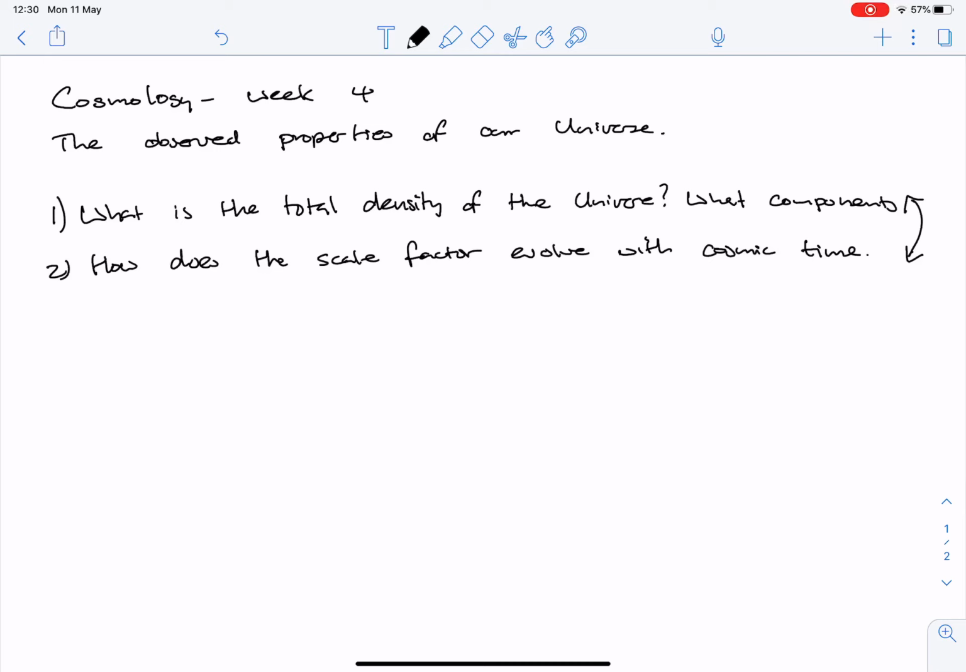So you don't only measure the total density from the scale factor, but you can measure the scale factor directly by measuring distances and redshifts to objects. So they're challenging observations, but they're what we need to try and do today. And so the first thing we're going to do is look at the total density